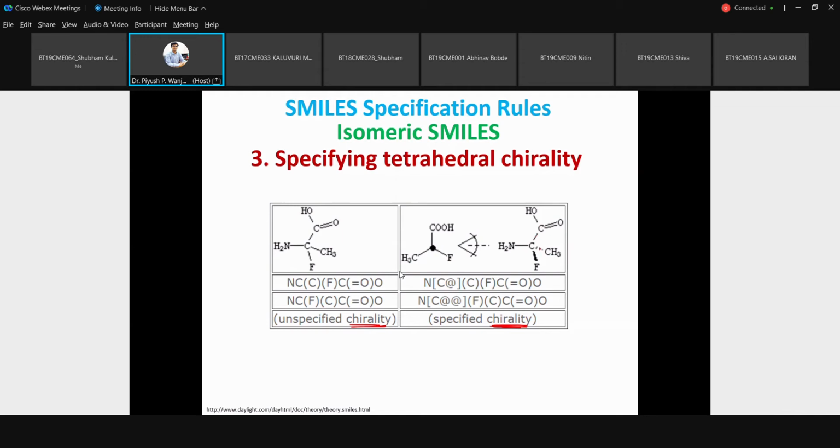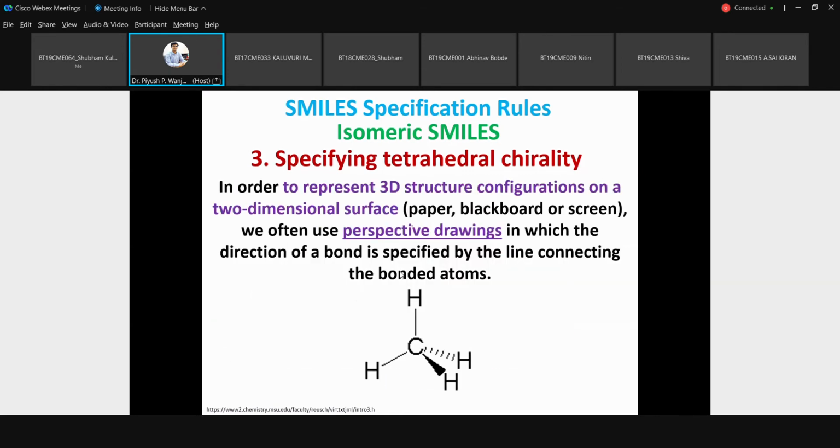But if you see this different representation, here some kind of wedged bond has been mentioned, and then some of these hash bonds you can consider. These kinds of representation are talking about where the plane is actually lying. Before I go into the detail of this, first I would like to explain this. Whenever you want to represent tetrahedral chirality,